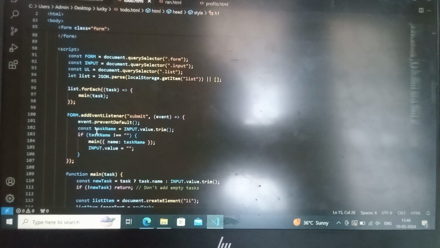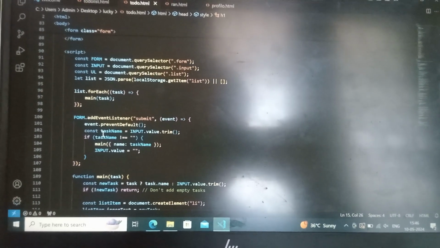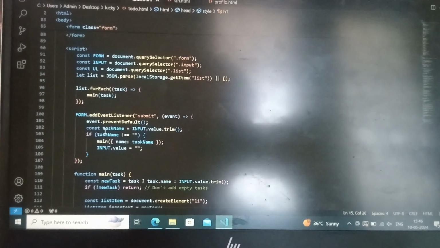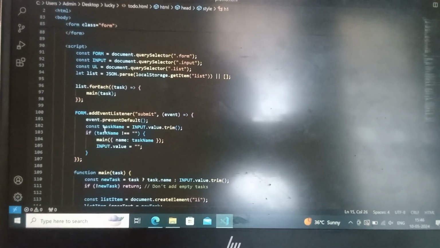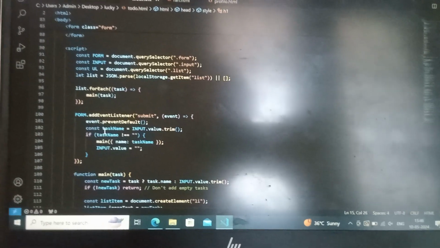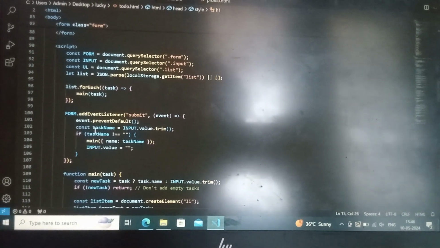In the to-do list, the main objective is writing the JavaScript code. In this, we will start from the form and input. In a form, you will take the input with your list. First of all, the list is JSON and local storage. It will be stored in local storage for our task in